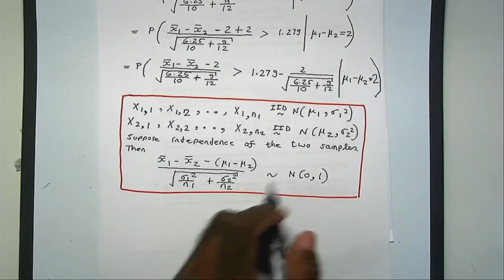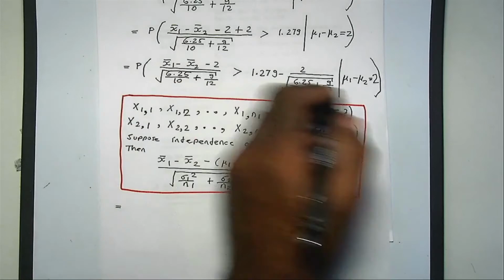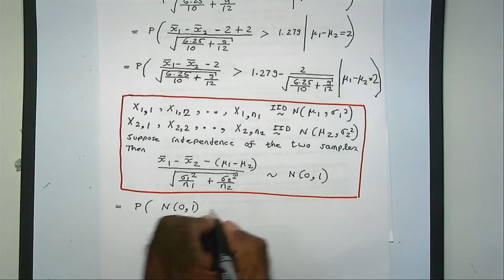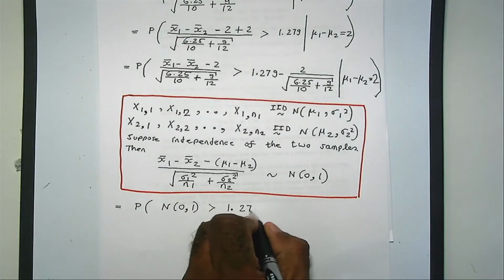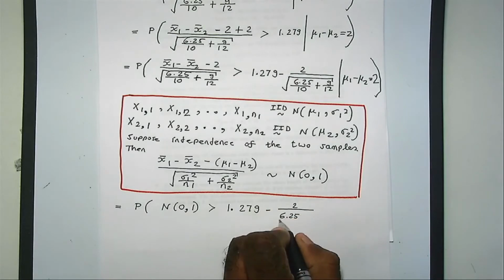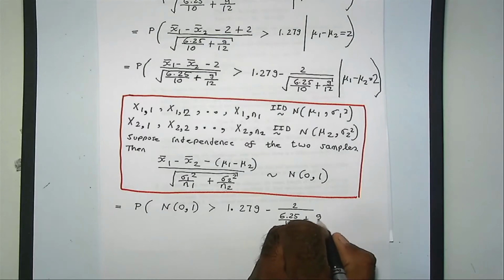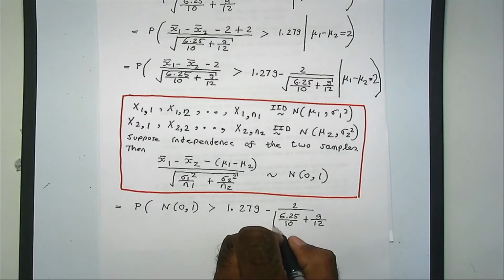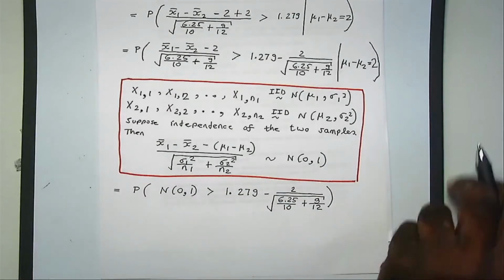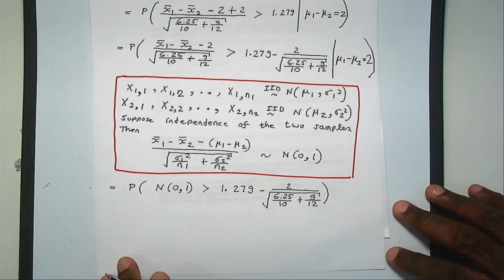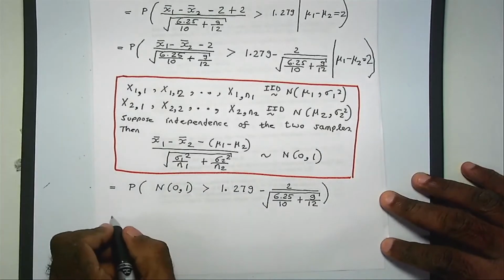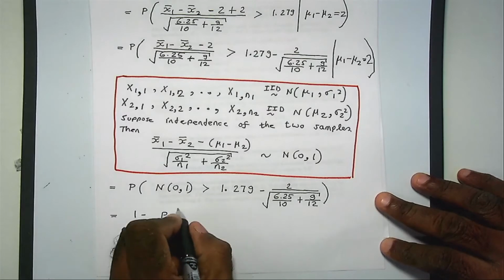So using this property, we can say that this probability is the probability that a standard normal variable is greater than... Now we don't need the conditioning anymore because the conditioning has been used to argue that this has a standard normal, right? And this you can write as 1 minus the probability